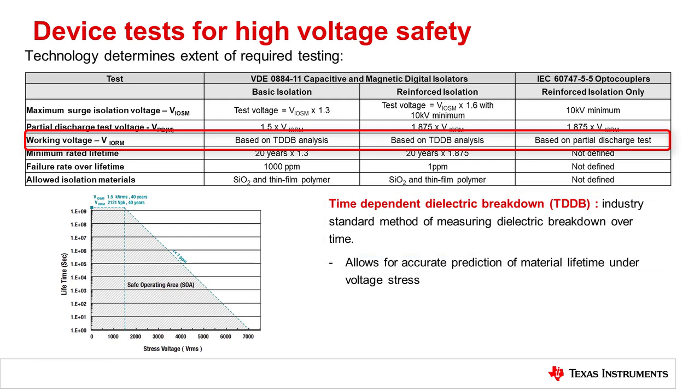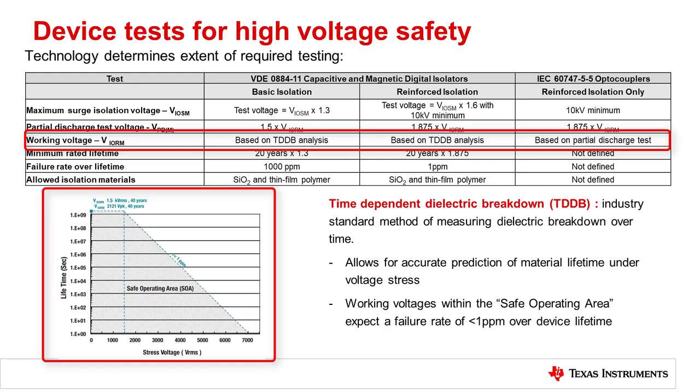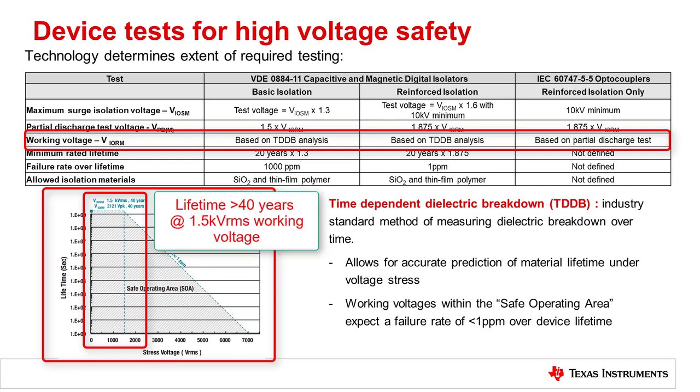Because the relationship between time and dielectric breakdown for semiconductor materials is predictable and well understood, this method allows for accurate prediction of lifetime for the material under various applied stresses. You can see from the curve shown here that at an applied voltage of 1.5 kV, the anticipated lifetime of the barrier is expected to be beyond 40 years. Most use cases will not approach 1500 volts constantly applied voltage, but insights into the anticipated performance of the barrier provide confidence for high voltage safety uses.